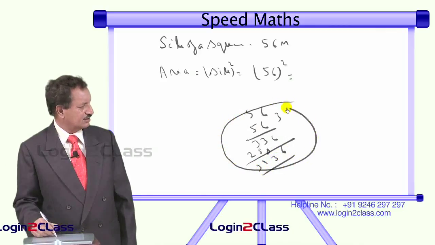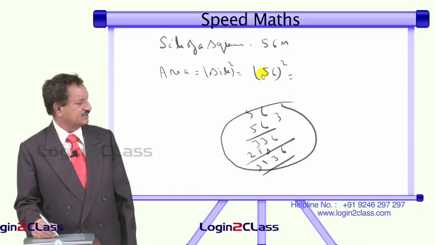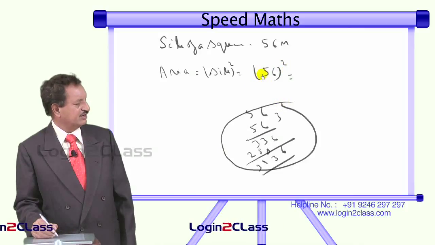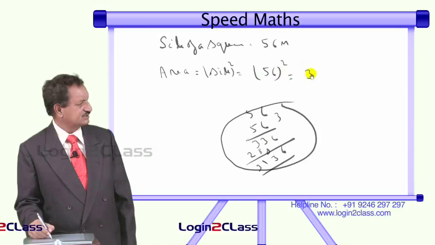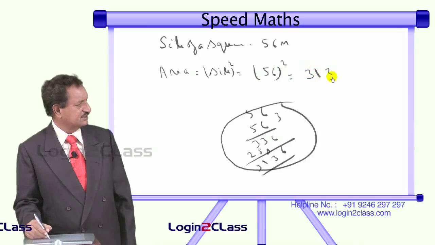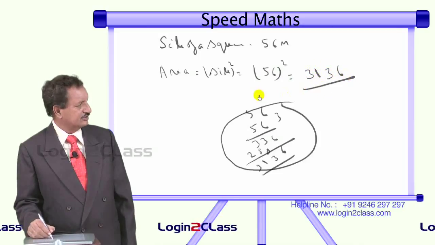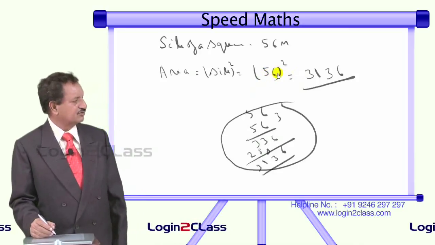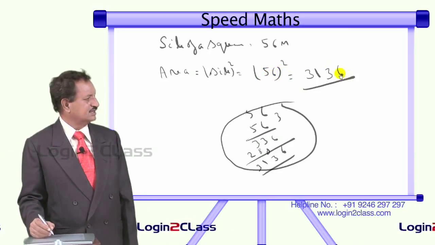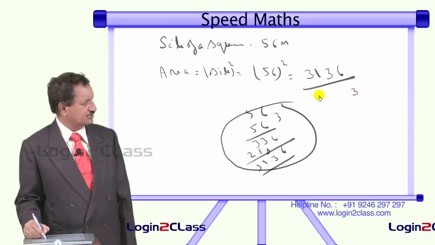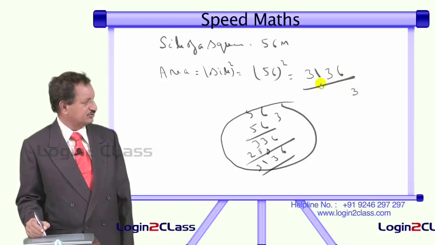But this is all not necessary in speed math. Simply we say 5. So 5 square is 25. 25 plus 6 31, and 6 6 is 36. Like that, usually ending with 5. Or else let us go for a plus b whole square. 6 6 is 36. 6 here, 3 outside. Because you are dealing with 2 digits, you have to take 1 digit.